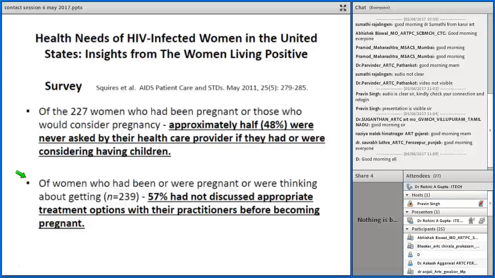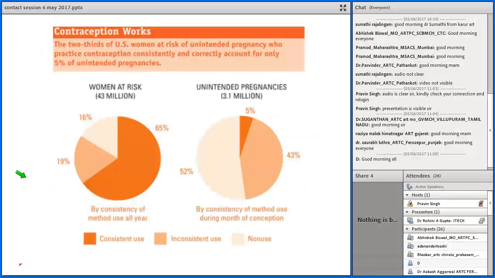Of women who were pregnant or were thinking of becoming pregnant, 57%, that is half of them, had not discussed the appropriate treatment options with their practitioners before becoming pregnant. So each young lady, adolescent girl or sexually active young lady who is not pregnant at present needs counseling, needs to be informed about the possible treatment options available,